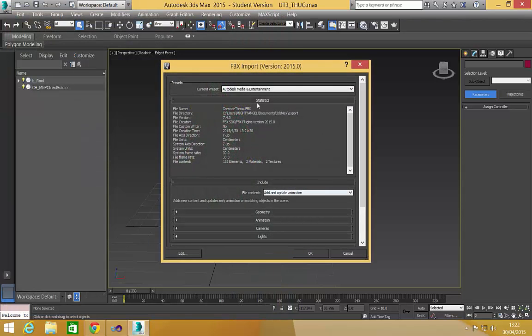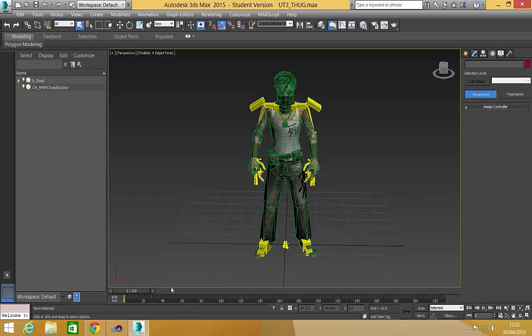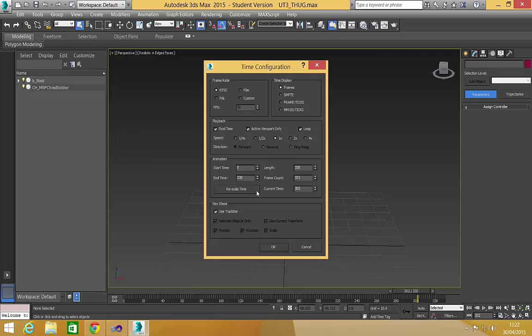And what you're going to do on import options is you're just going to go Update Animation. That's going to bake the animation onto this skeleton because it uses the same skeleton. So go OK, and if I play from 336 to